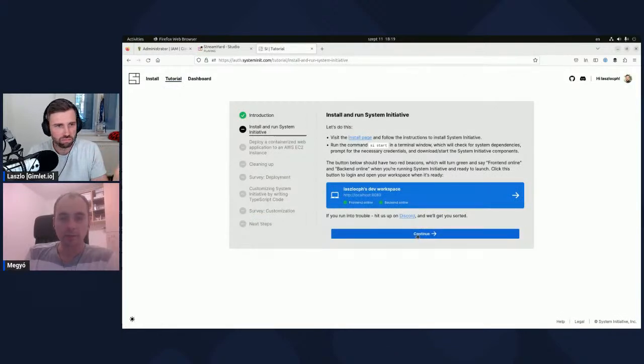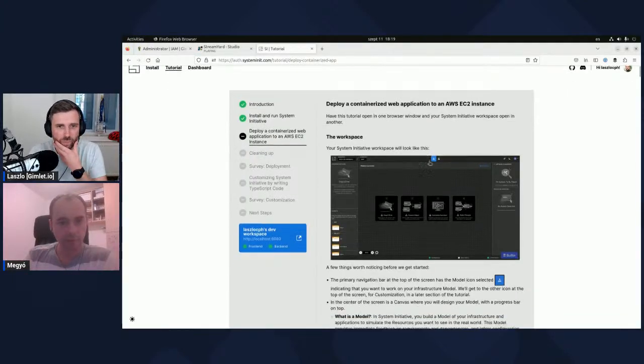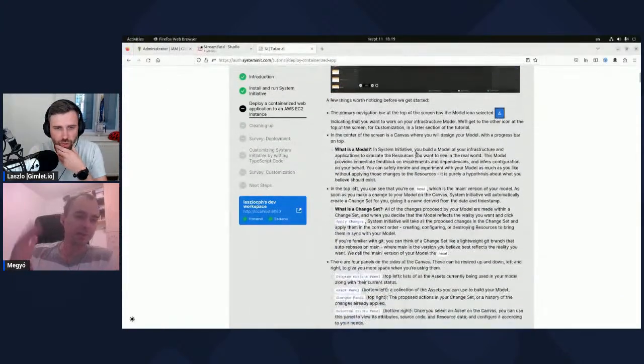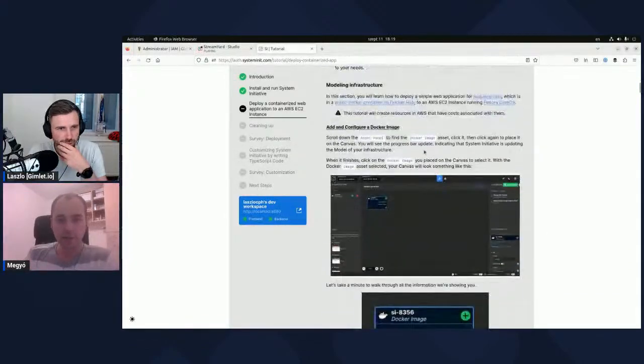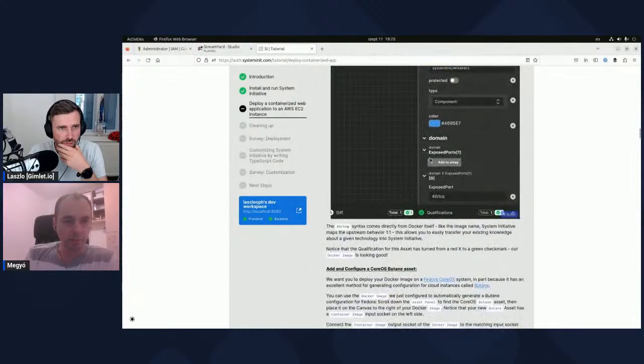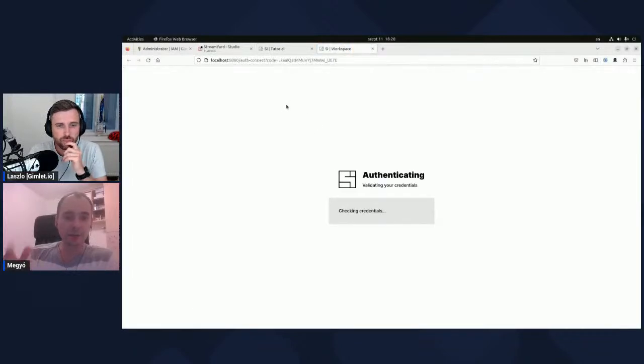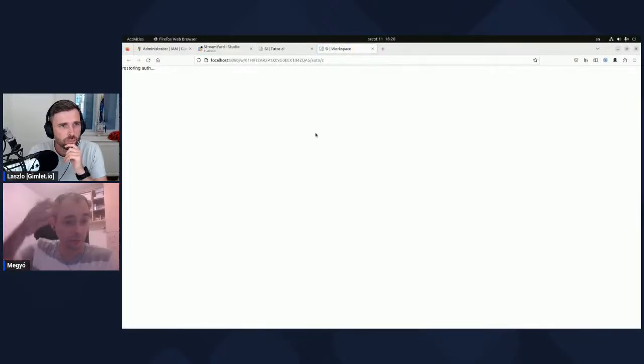Continue. Or should I start? No, I think it's okay. The launch is like building the environment up. You can stop and then restart the stuff. So what you have to do first is see that blue box of Laszlo's dev. If you click on that, you get redirected to that local system that you started. Hopefully it will work.